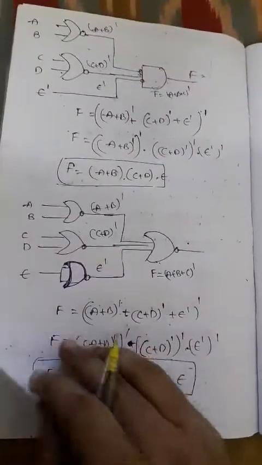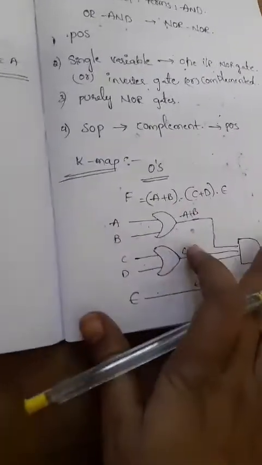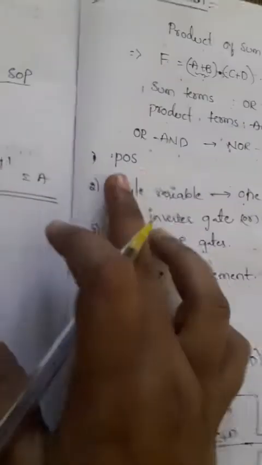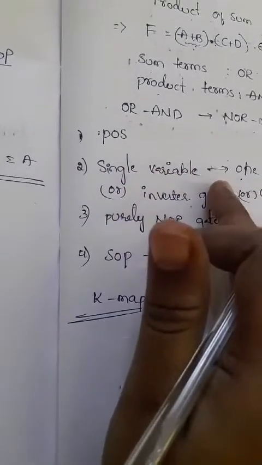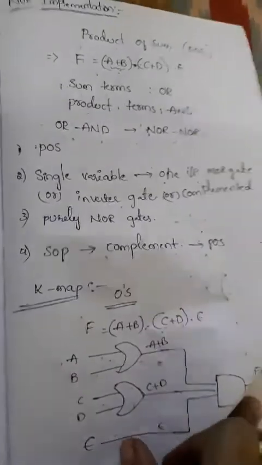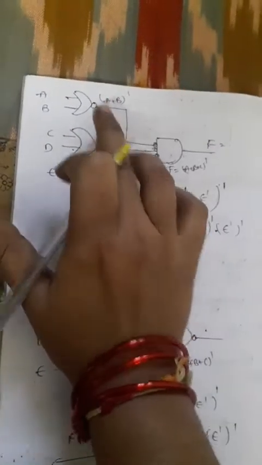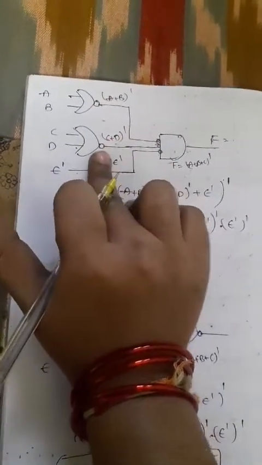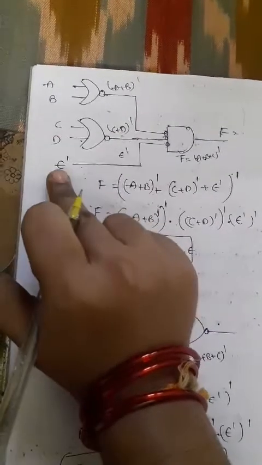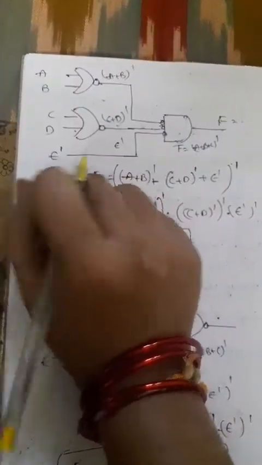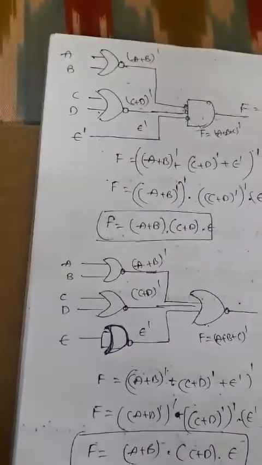The first rule is to check whether it is a POS expression or not. After that, once we confirm it is a POS expression, whatever single variable we have in the function will be converted into its complement. For the remaining variables we will also apply the complement. So here we are converting the complement, and here also we are converting the complement. Directly for a single variable we can apply the complement. After simplifying the expression we get the same input.